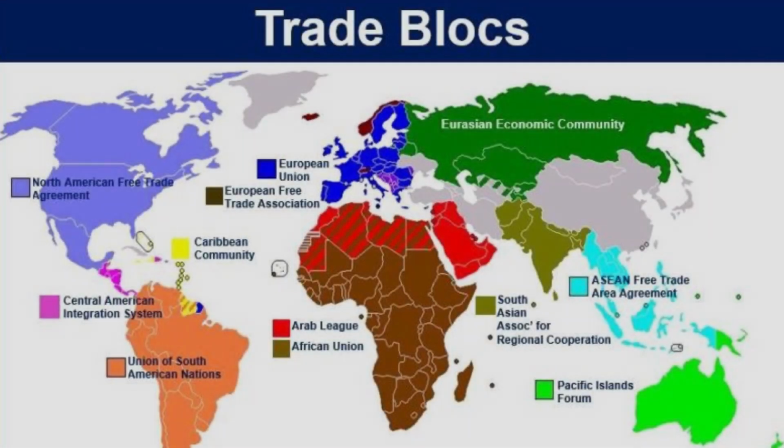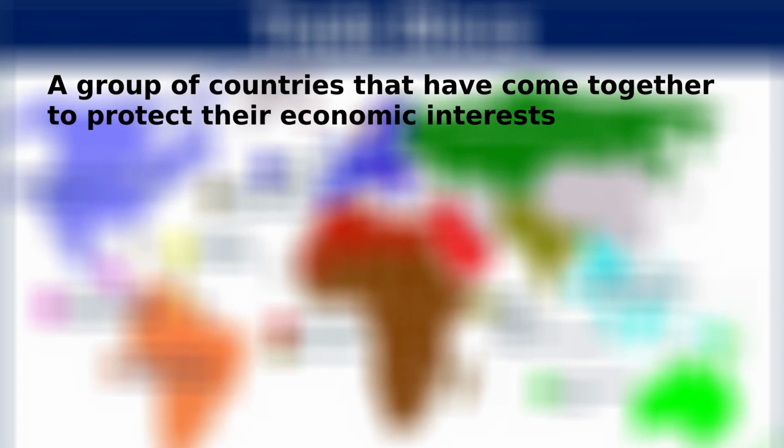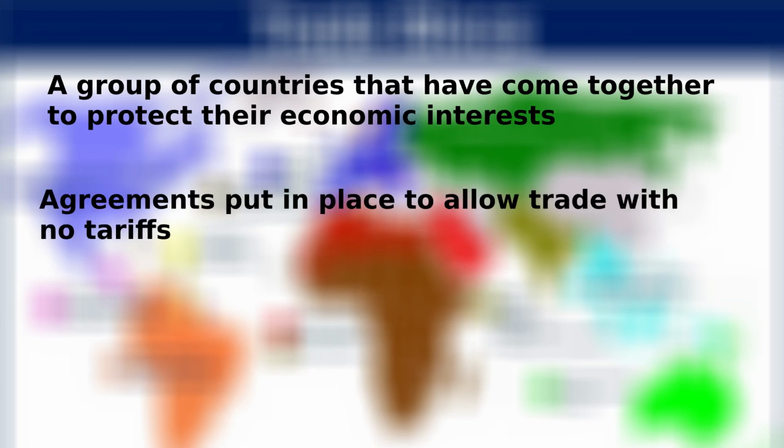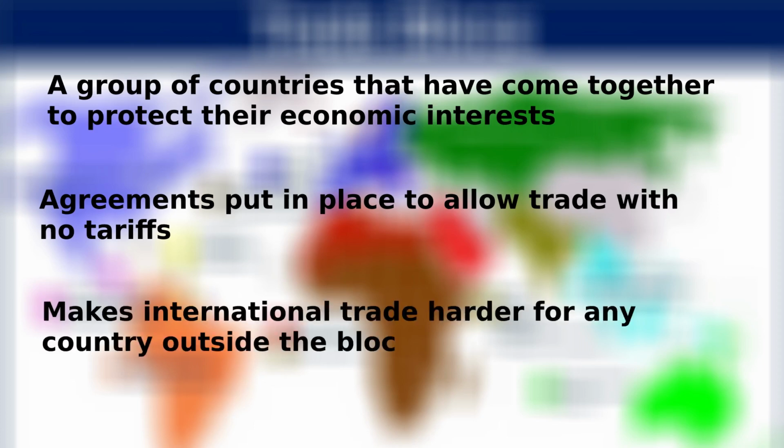Trading blocs are also potential barriers to international trade. A group of countries in a geographical area come together to protect themselves economically from countries outside of this group. They also establish agreements facilitating tariff-free freight among themselves, enabling easy exchange of goods and services within their community. However, such trading blocs become barriers to international trade. It places restrictions on goods and services coming into the bloc from countries outside of the bloc and their agreement. Therefore, a trading bloc is a barrier to true international trade. It makes the free movement of goods and services much more difficult.